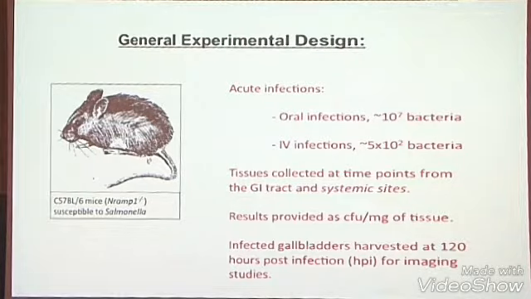the idea was, well, let's see if we can set up a model. This was set up by Ellen Arena, who's now in Philippe's lab, and Alfredo Menendez, who was a postdoc in the lab at the time. And the idea is to take mice and give them infections, then we'll just collect tissues at various time points. I started this just as a project to see where Salmonella was going in the mice in all organs, including gallbladder. And they harvested these things and then just had to look at where the bacteria counts were.